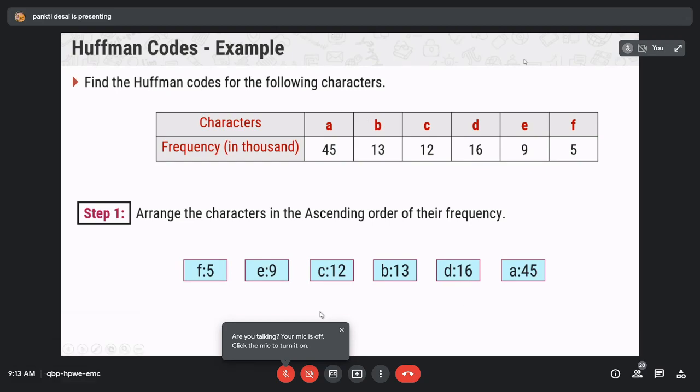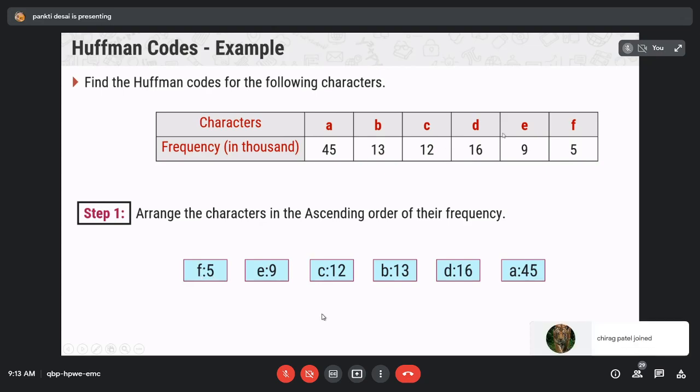Which character has the minimum frequency? F. So first write down F colon 5, where 5 is the frequency associated with character F. Then next is E 9, then C 12, B 13, D 16, and A 45. All of you getting up to this point?